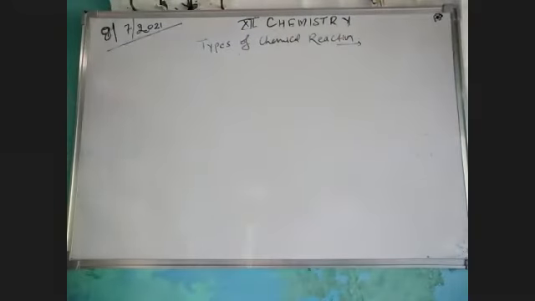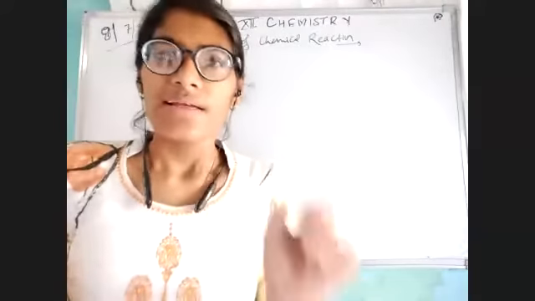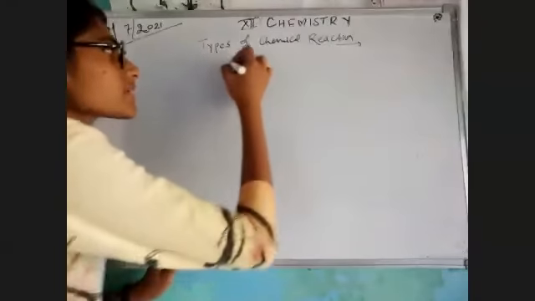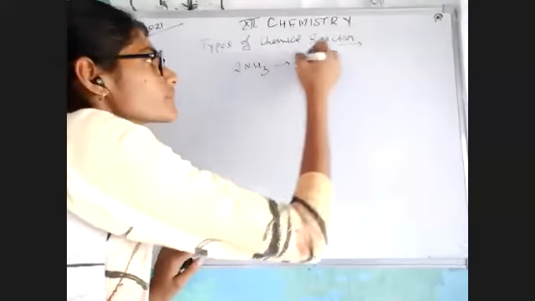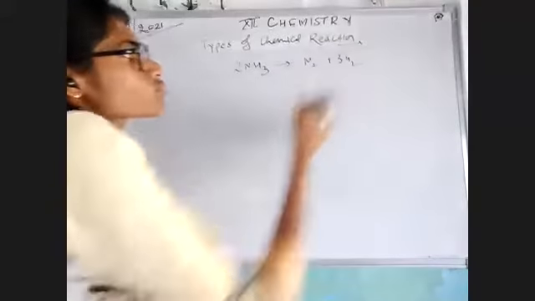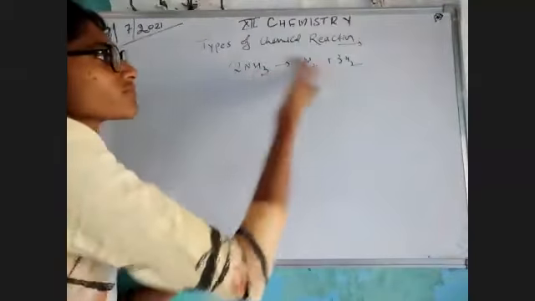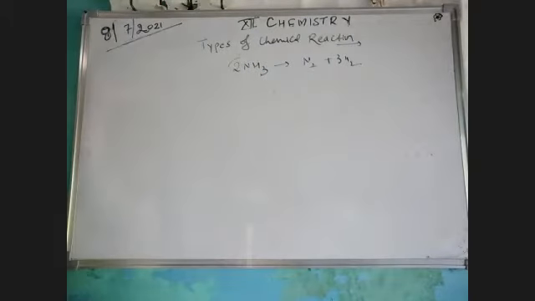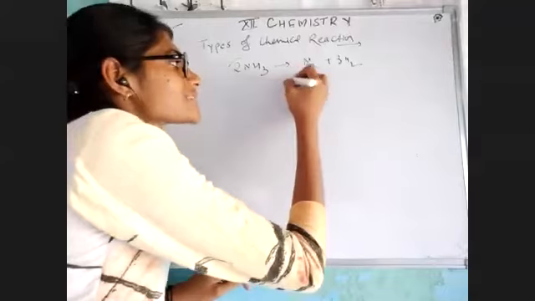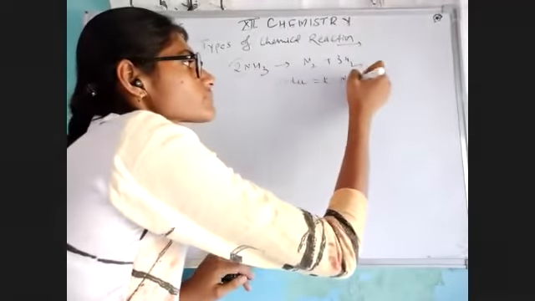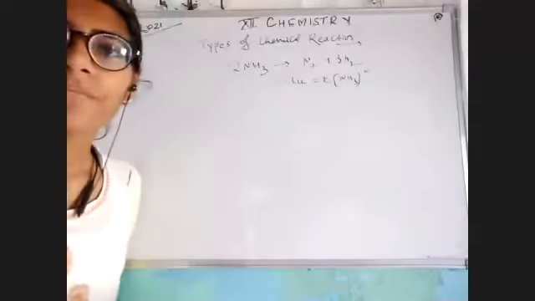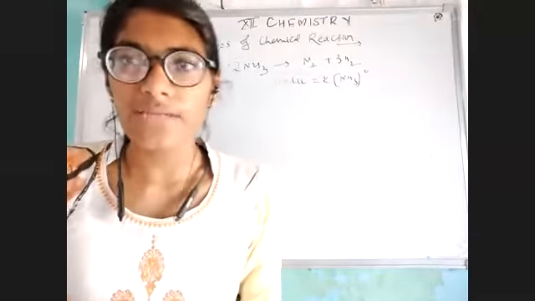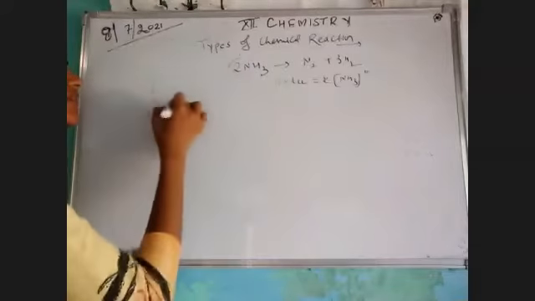Okay, as you have seen till now, you have got the point that order is something which we cannot determine by a balanced equation. For example, I'm saying my ammonia is getting reduced in this way. That means the order, from this equation, we can say it could be 2, it could be 1, 3, anything with the help of reactant or product. But that's not possible. Order has come according to experiment. So before going to molecularity, which would elaborate your concept more, I would like to say that there are two types of chemical reaction.